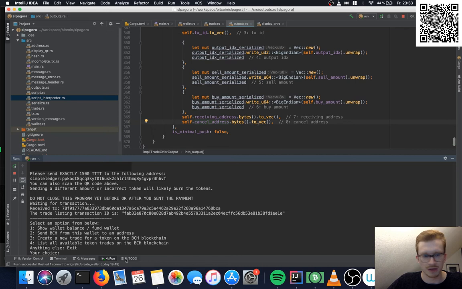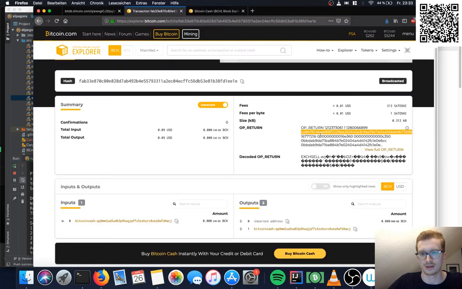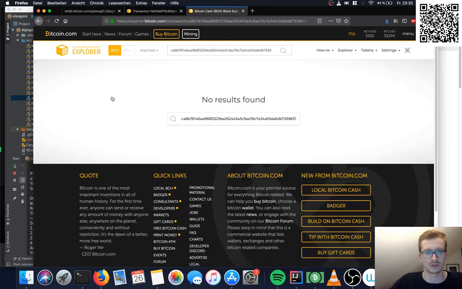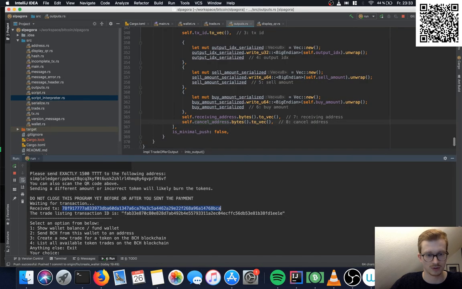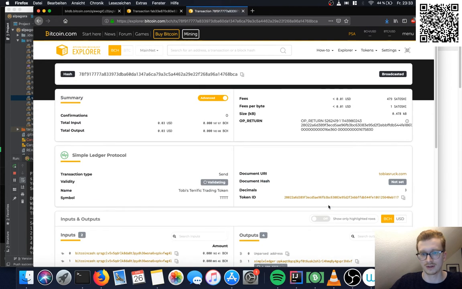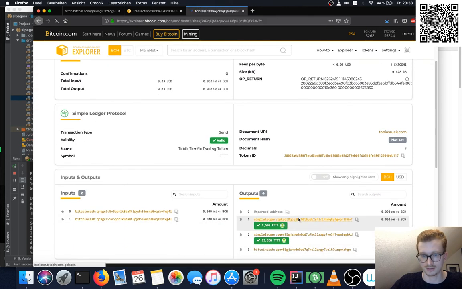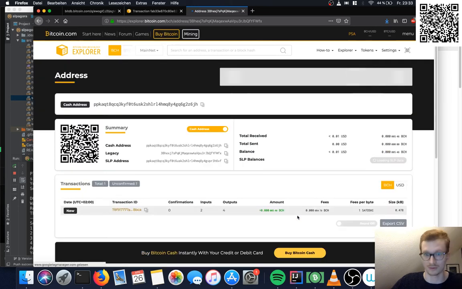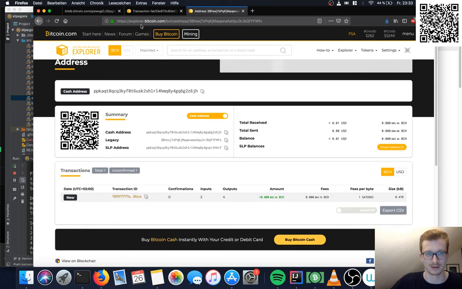Okay, and that's it. So if a transaction is on the blockchain which has this structure, then anyone can be like, oh, I want to buy that transaction. Then he looks up exactly this transaction, and sees, oh, hey, this one is unspent. Because if it's spent, then the trade obviously has been accepted already.